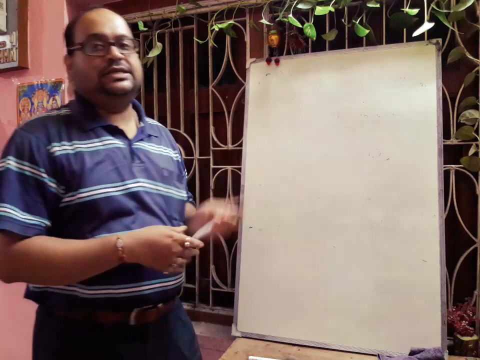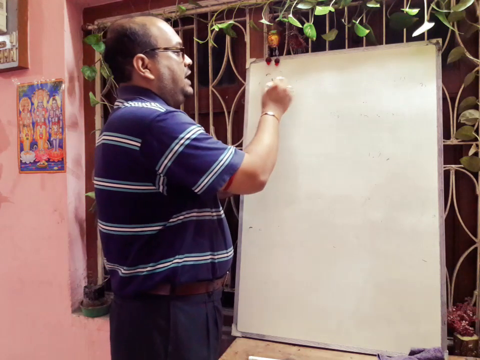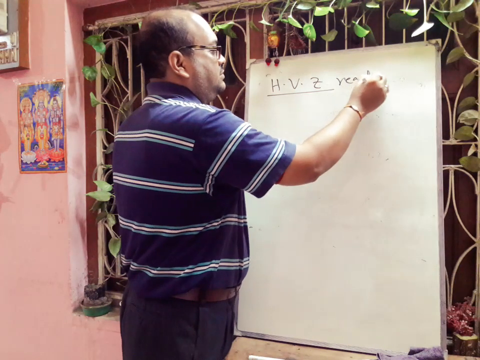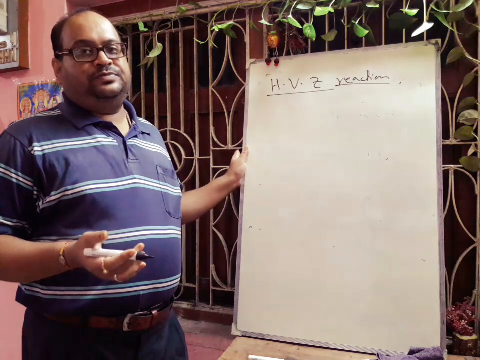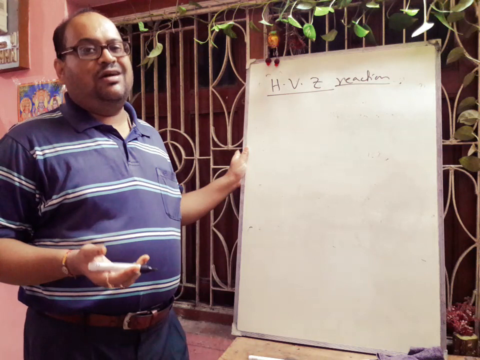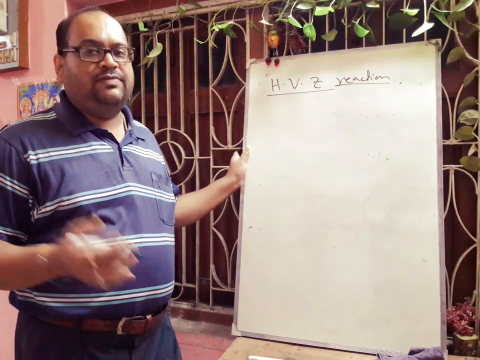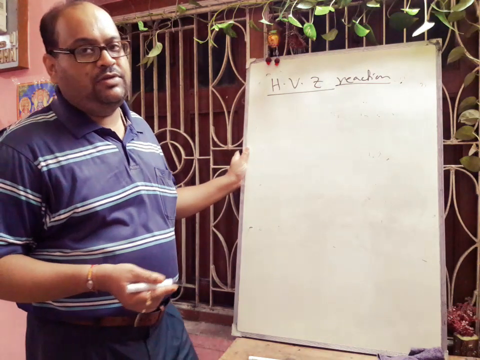And this reaction is a very important reaction, and it is called the Hell-Volhard-Zelinsky reaction, HVZ reaction. Now here, in the presence of red phosphorus and chlorine or any halogen, chlorine or bromine, the hydrogens attached to the alpha carbon are replaced by halogen atoms. If we take one example, we can easily understand.